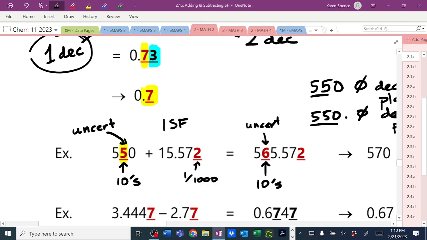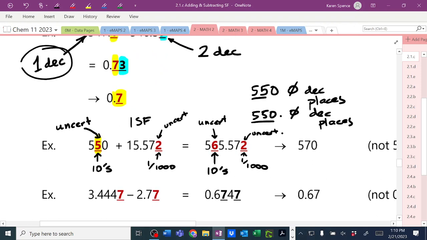But that really doesn't matter, because if I'm already uncertain in my tens, what do I care what's going on in the thousandth position? Yes? So that's uncertain, that's uncertain, that's uncertain, that's uncertain. Which means that my final answer should go to my first uncertain digit, which is the tens,